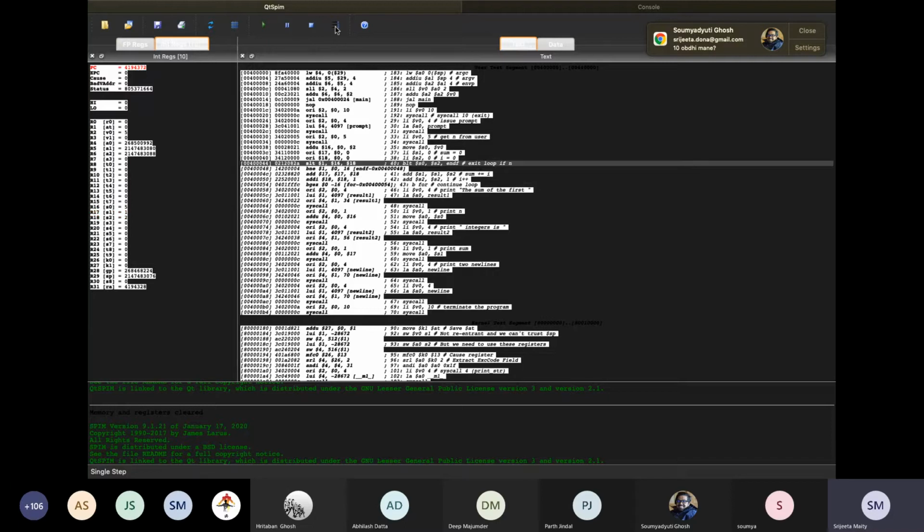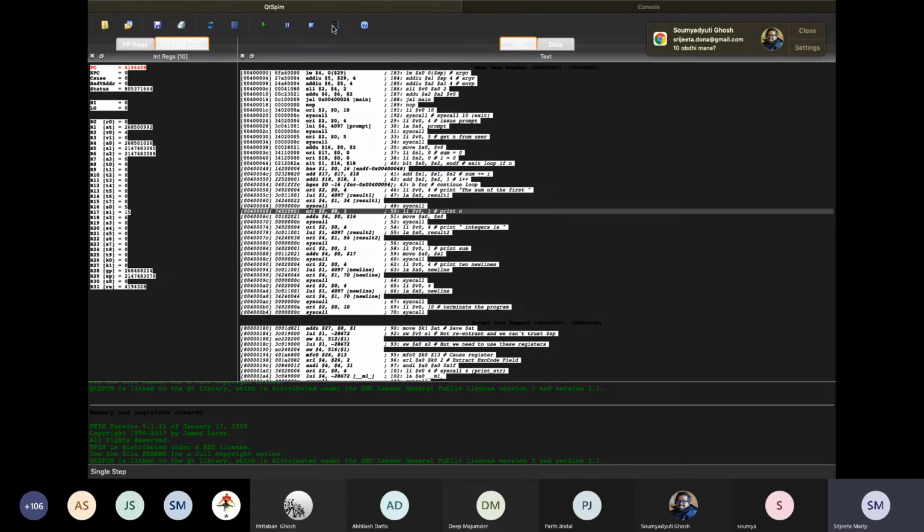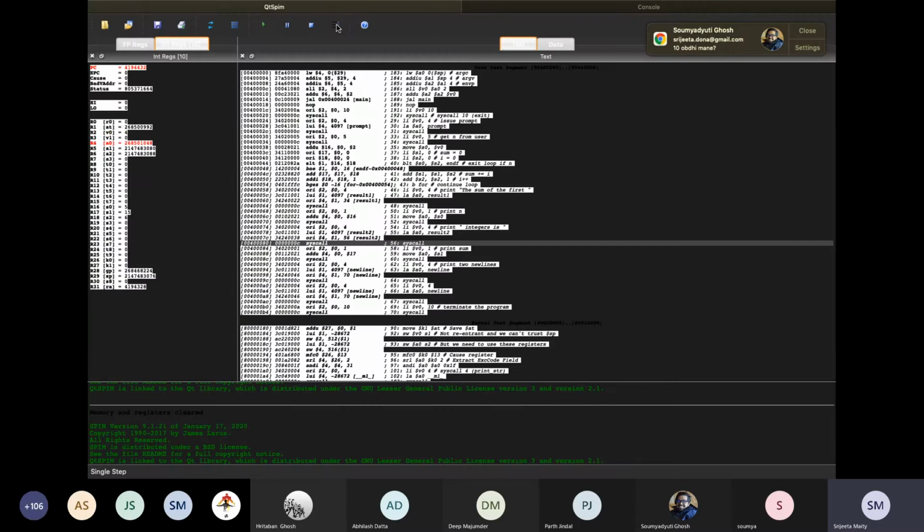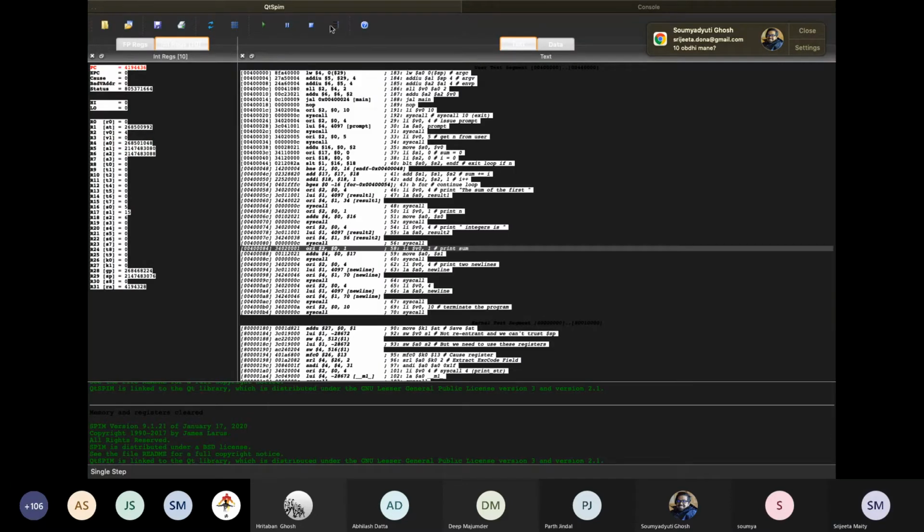If you see, the program counter is getting changed in the register data. You can see that the PC is being changed at each iteration, and the R4 register and all those values. Here R17 got modified, and like that it will continue until the program finishes. So finally the 15 has come.